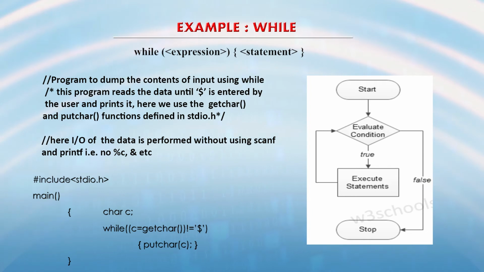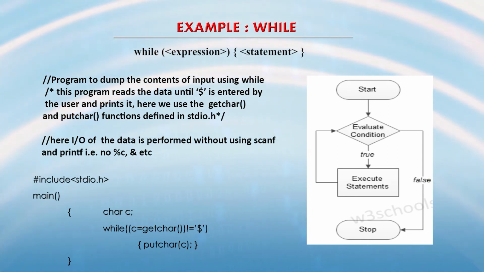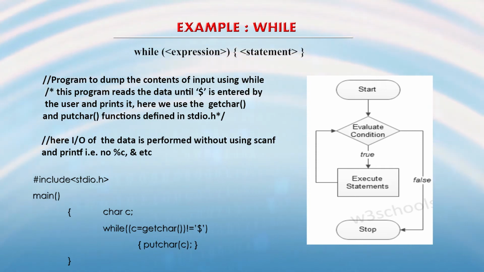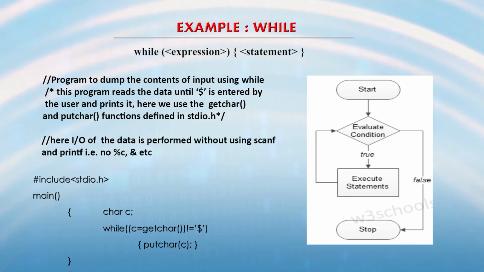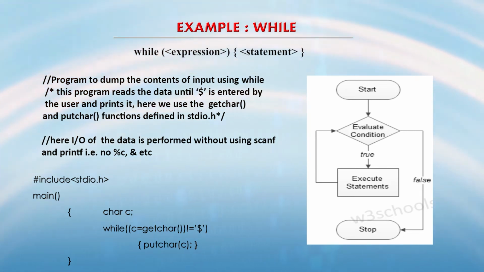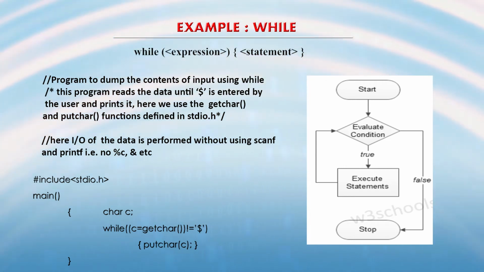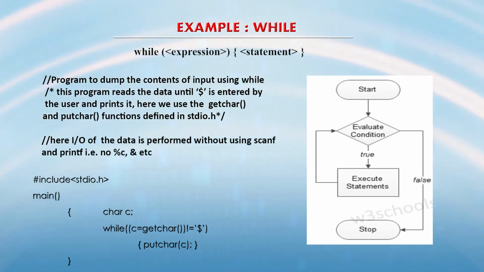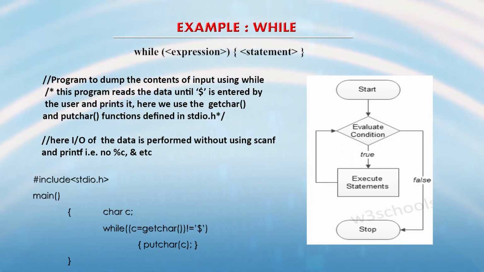Then we start the program with main, and within the body we simply use one variable, that is the character c. Now we are using the while construct, where the condition is true. On the slide you can see that we first put a conditional box, and if that turns out to be true, then we execute the set of statements, and if it turns out to be false, then we stop executing it.